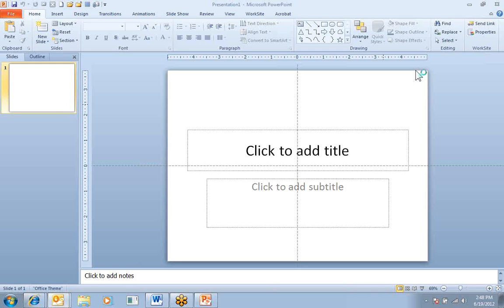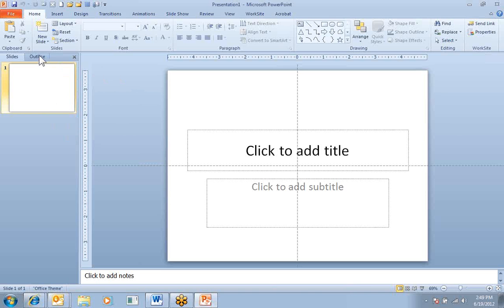PowerPoint has a number of views, and one of my favorite views is the outline view. This is a view that nobody tends to use, and it's really exciting because you can enter all your text and create all your slides really quickly by just using the outline view. Let's take a look. To first get to outline view, what you do from the normal view is click on